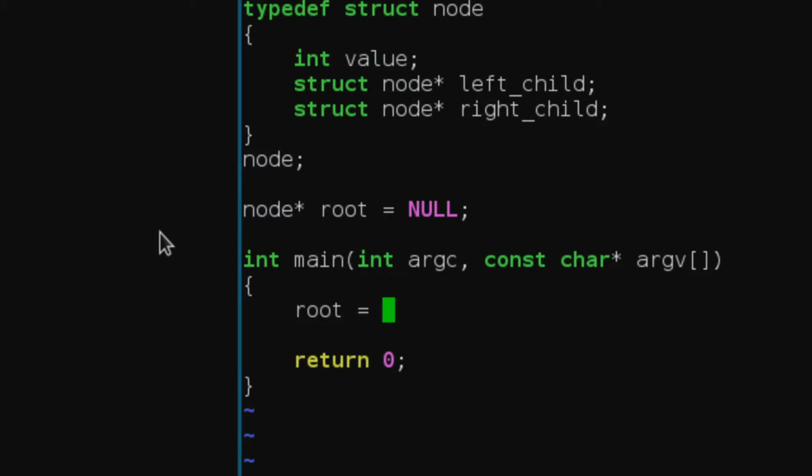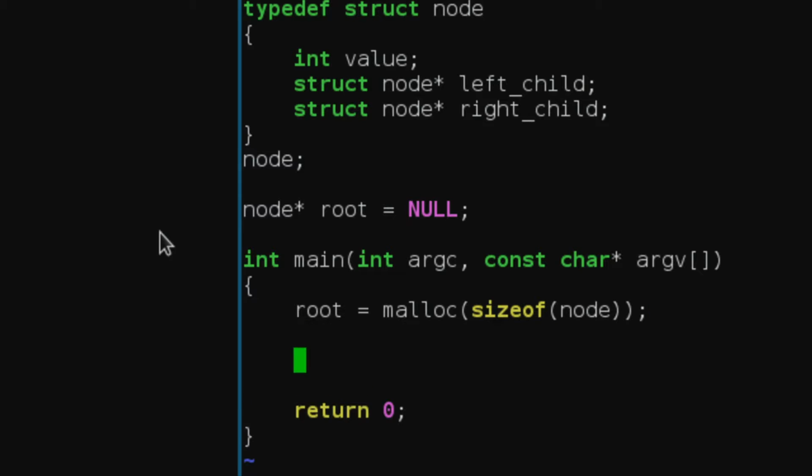So I'm going to set root equal to the result of malloc, and I'm going to use the sizeof operator to calculate the size of a node. And the reason I use sizeof node as opposed to, say, doing something like malloc,